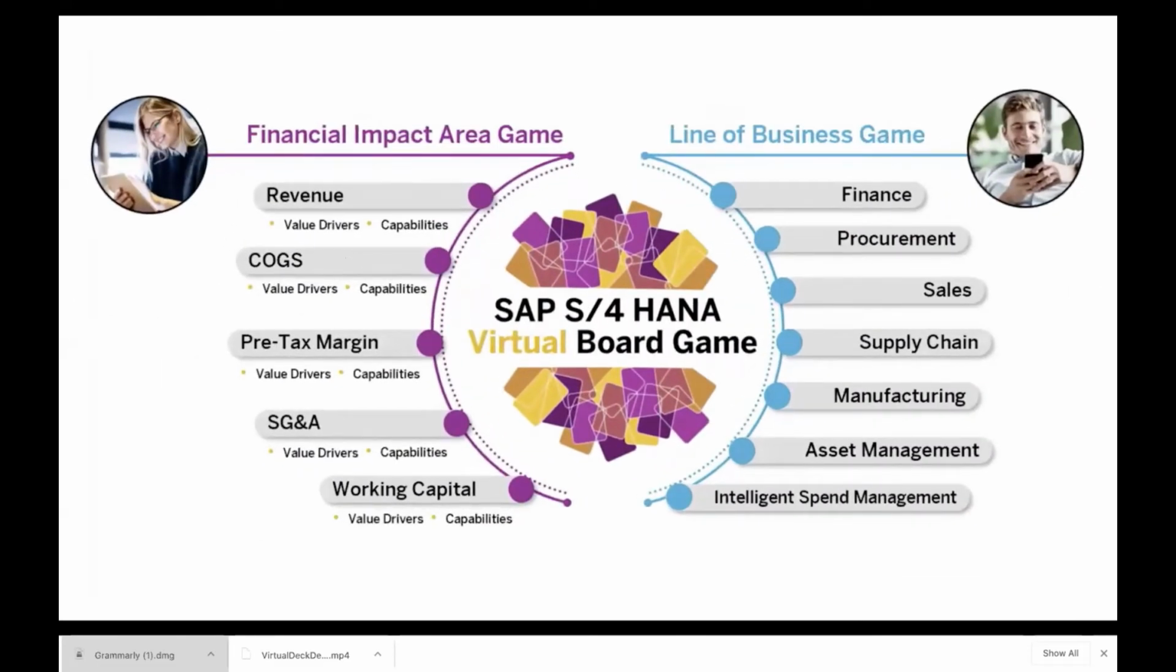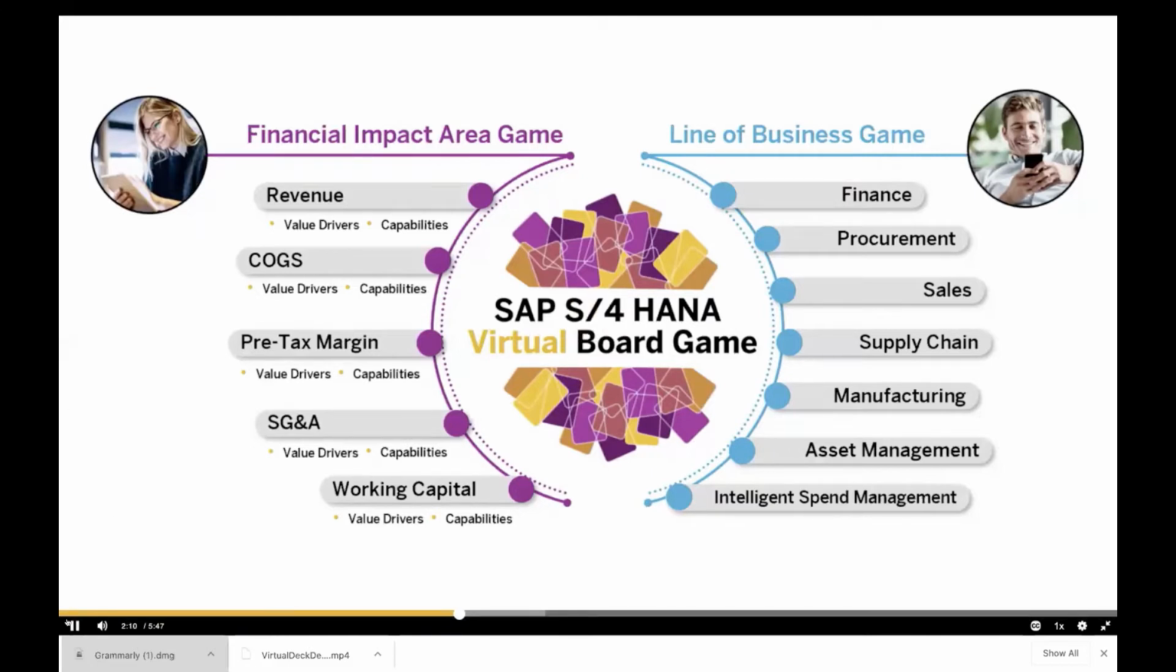The SAP S4HANA board game begins at the board game landing page. We understand that each customer organization contains a variety of personas with different business goals, so we have created multiple options that allow you to customize the game experience to fit your customers' goals. The game can be played from two perspectives. The financial impact area view highlights the specific solution capabilities and value drivers that relate directly to achieving financial objectives. And the line of business view provides specific information about solution capabilities that directly relate to improving